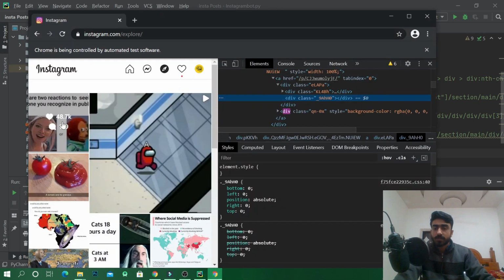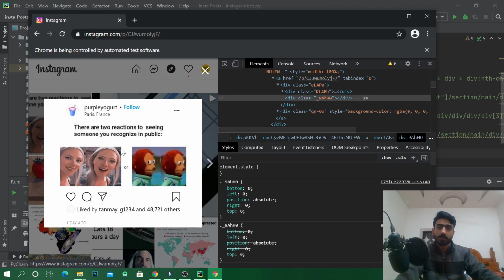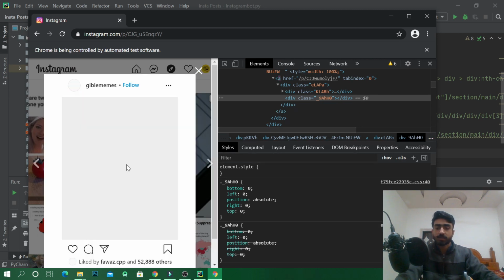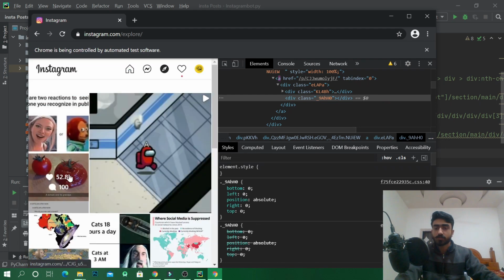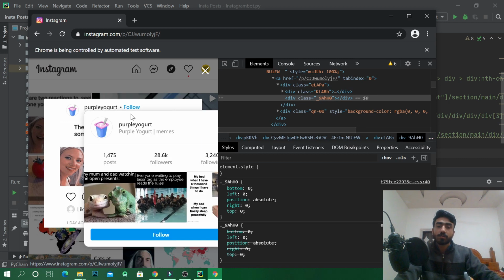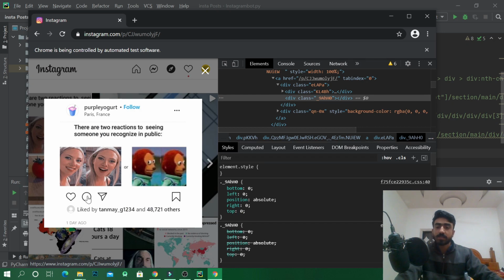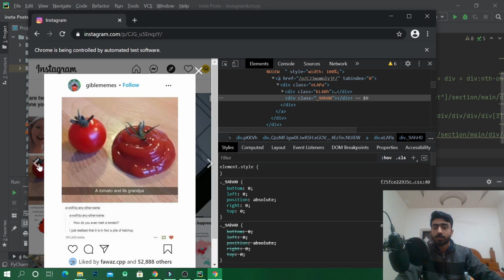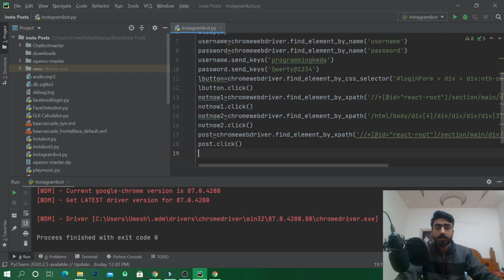and when we click on this element, we will see a follow button, a like button, a comment button, and this is a next button. This next button will open the next post. So if we are already following the person of the first post, we will press next. If we are not following this person, we will press follow, press like, then comment, and after commenting we'll go to the next post. So we'll write a code here.